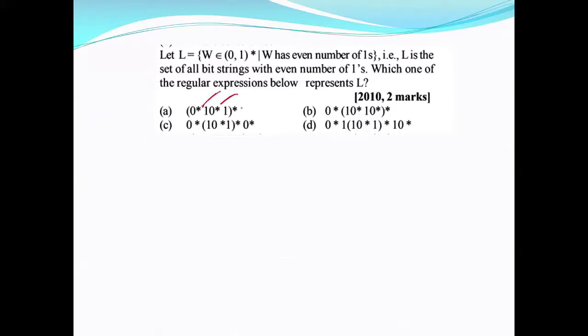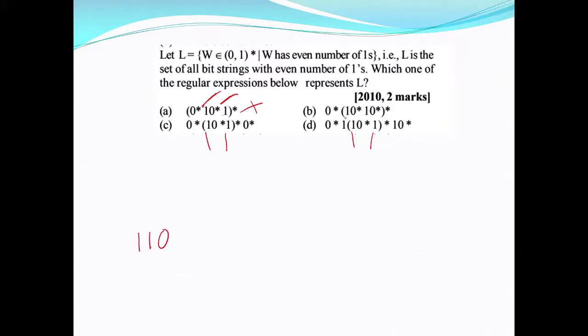2 ones repeated any number of times. 2 ones repeated any number of times. And 2 ones repeated any number of times. Here also you get 2 ones repeated any number of times. Now the problem is, suppose you select this, your string will always end with 1. If you want, you can see 1 1. After 1 there is no 0, right? So even though this contains an even number of ones, you don't get something like this 1 1 0. Right? You cannot produce 1 1 0 here. So this option is wrong for me.